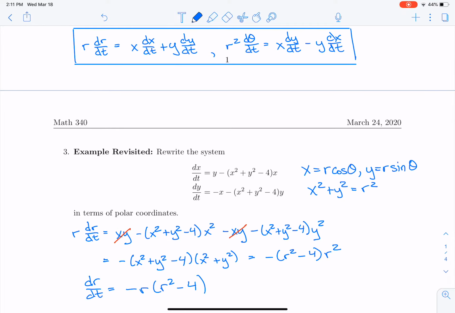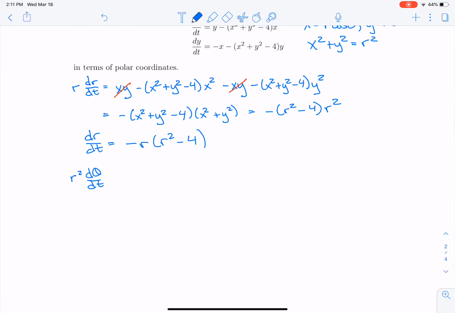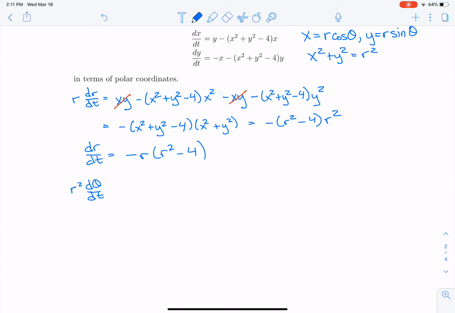Okay, let's think about theta. So r squared dθ/dt, that's going to be x times dy/dt. So that's going to be minus x squared minus x squared plus y squared minus 4 times xy. And then we want to subtract y times dx/dt. So that's going to be minus y squared, and then we're going to add, minus a negative there, we're going to add x squared plus y squared minus